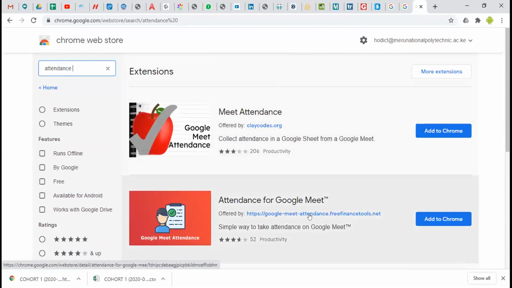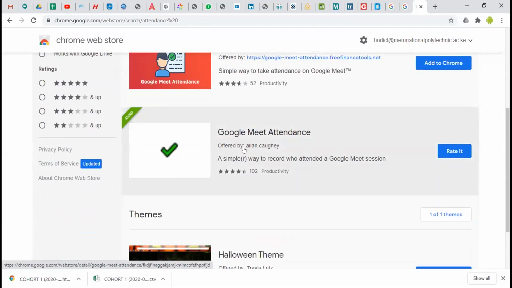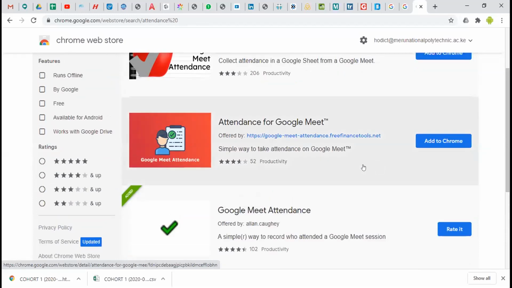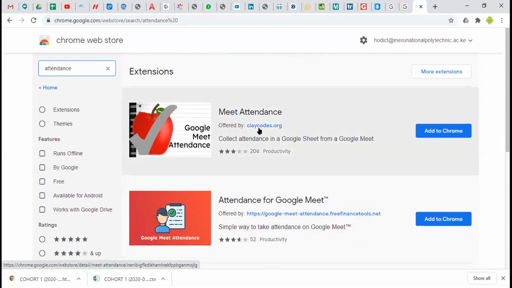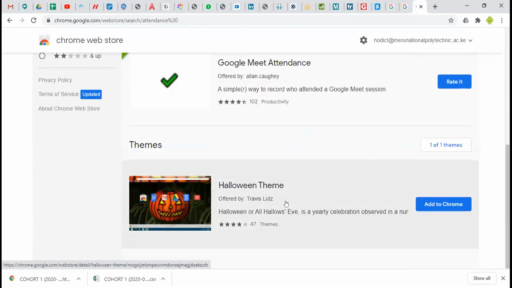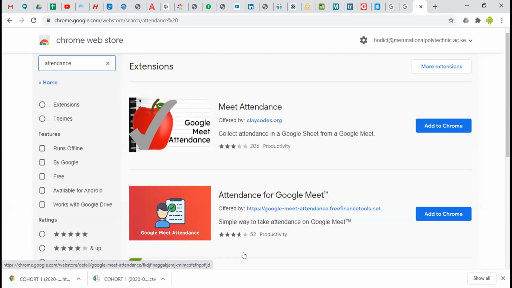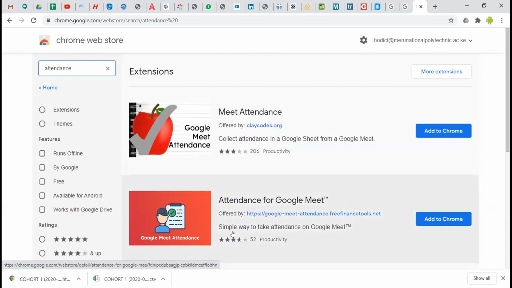For us, we are using Google Meet attendance. This one, that is the one you have seen. A simple way to record who attended a Google Meet session. We have others like this one, so you can check which other facilities are there. There are several extensions that you can add to your Chrome to make your Google Meet experience much better.